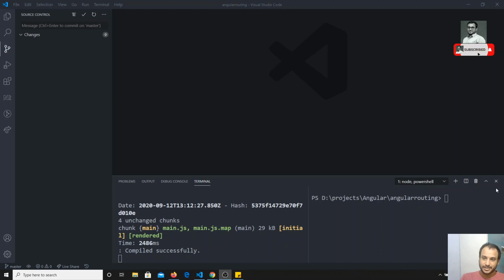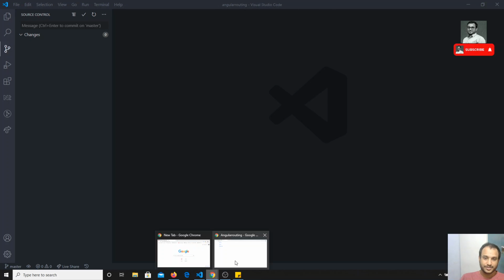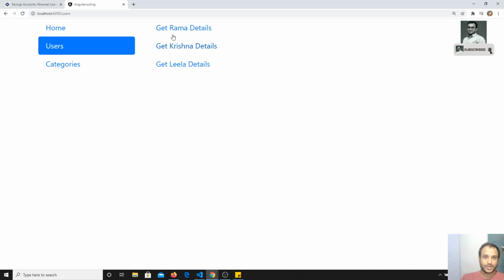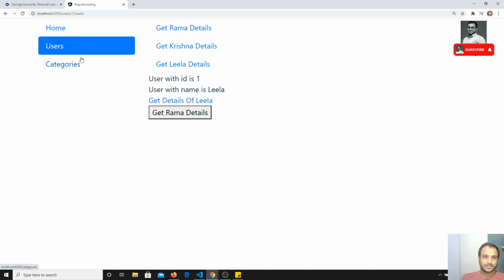For example, in this example I have these users. I am clicking on get Leela details, and now I have user slash one slash Leela. Let's assume that all these things will take some query parameters.